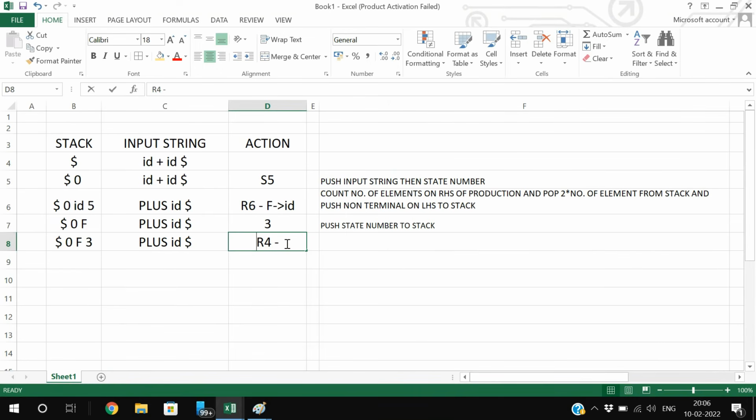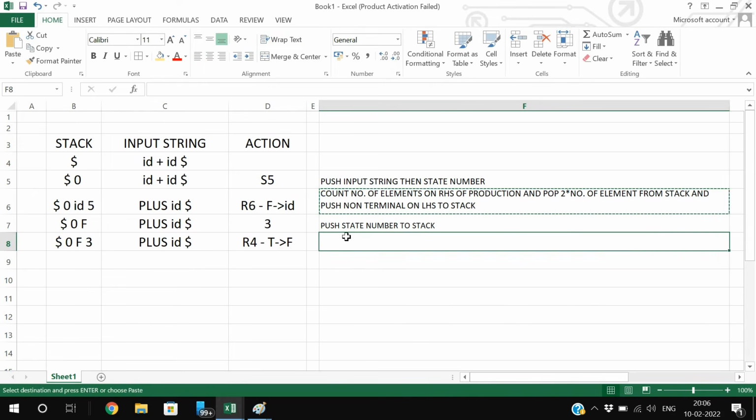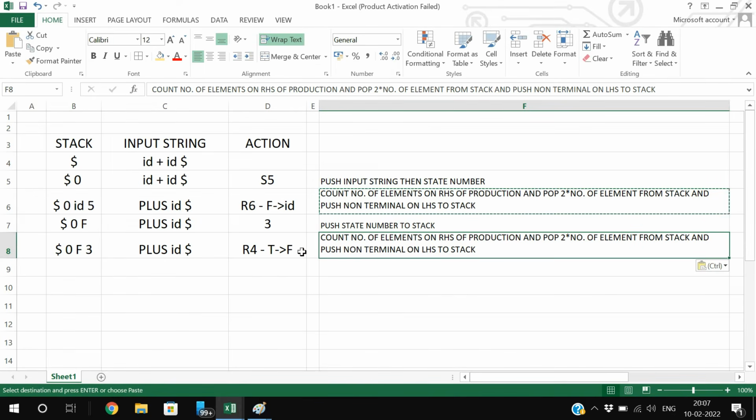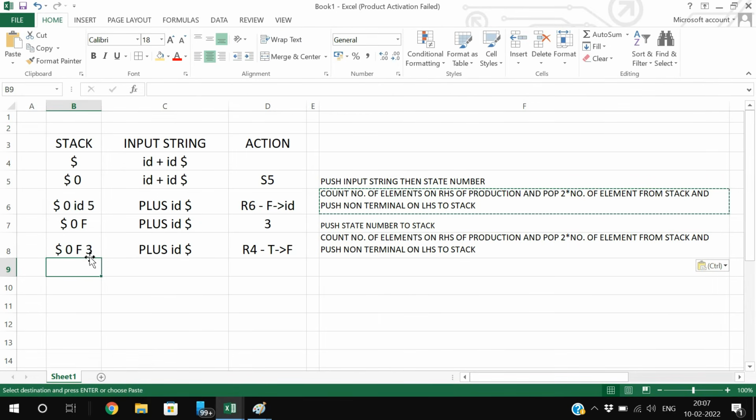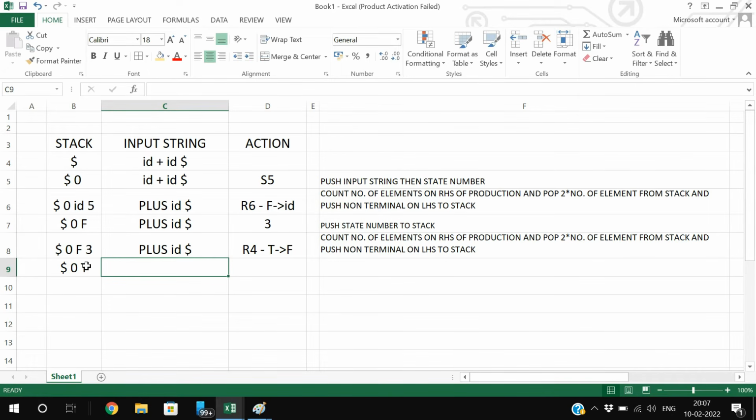T tends to f, so it is T tends to f. Now the same thing apply. Count the number of elements on RHS. On the RHS of production, we are having only one element, and pop 2 into number of elements from stack, 2 into 1, 2 elements from the stack, and push non-terminal on LHS onto stack. So remove this f and 3, because on the right hand side production we are having only one element f, so 2 elements to be removed from the stack. So $0 and push the non-terminal on the left hand side to the stack, so T, and here it will be plus